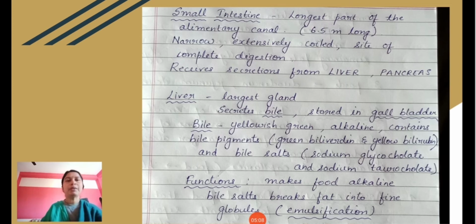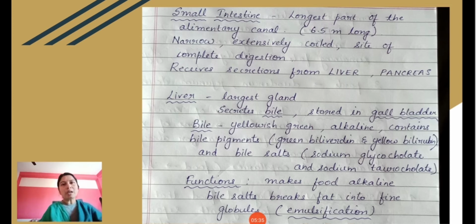Now this food enters the small intestine, and if you see the small intestine, it is the longest part of the alimentary canal, and it usually measures around 6 to 6.5 meters long in human beings. Now the length of the small intestine varies according to the feeding habits. In case a large amount of vegetal matter is taken by the organism, like herbivores, it is very long.